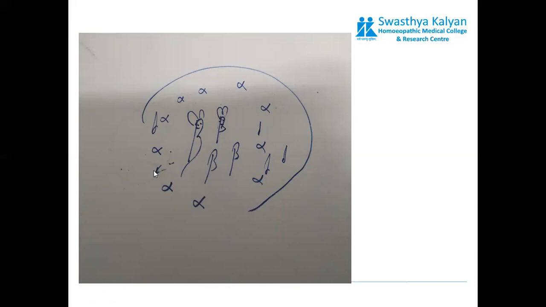They are present in the middle. They are present in the center of the islet of Langerhans. Right? Now, like beautiful ladies, who always want to be in the middle, who always want to be in the center. In this way, we can remember beta cells are always present in the center of the islet of Langerhans.